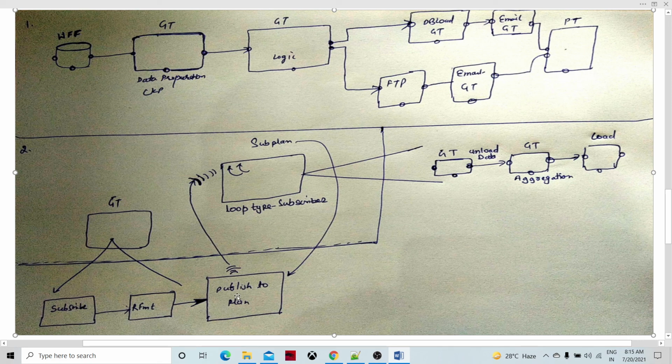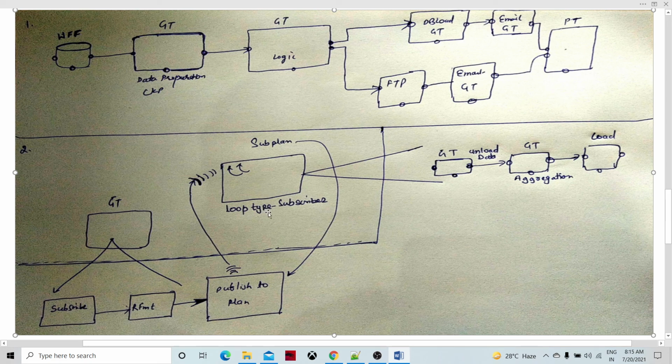Within the plan we have configured our graph task, and the actual graph is constructed as subscriber, then reformat, and then publish to plan. Publish to plan is a component wherein we specify the name of the subplan to call, and then the subplan is called and the internal execution within the subplan happens.